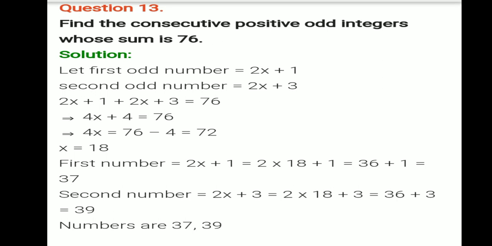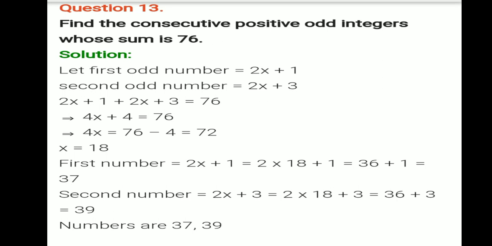Since there are two odd numbers, we suppose the first odd number is 2x plus 1 and the second odd number is 2x plus 3, and their sum is 76. So the equation goes: 2x plus 1, that is the first number, plus 2x plus 3, which is the second number, is equal to 76. And after that you have to solve the equation,